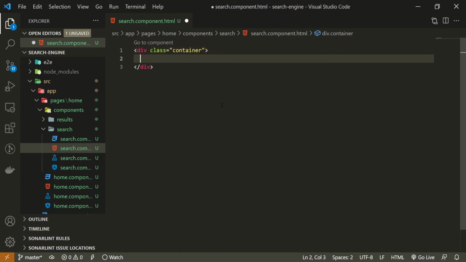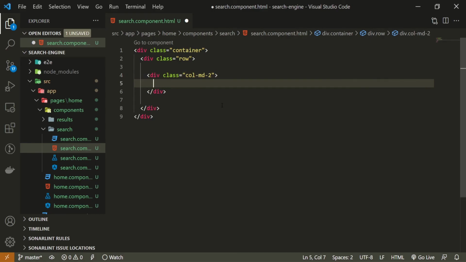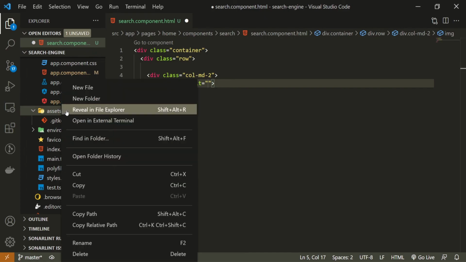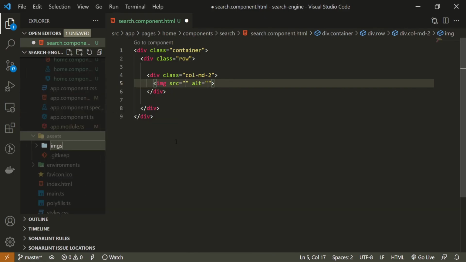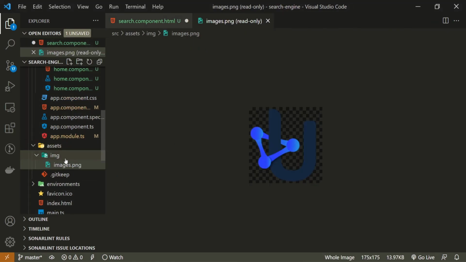You should know that as we installed the Bootstrap dependency, we will extensively use Bootstrap in this project. Then I will use a row again from Bootstrap, and I will use col md of 2 here. These two columns will be used just to render my logo, and for that logo go into img. So first of all, regarding this img, in my assets folder of this project I will create another folder for img, and in it I will drag and drop my image itself, which is the USearch image, well, the logo